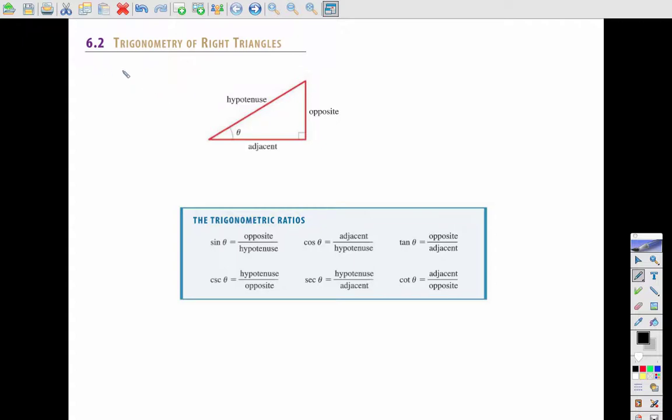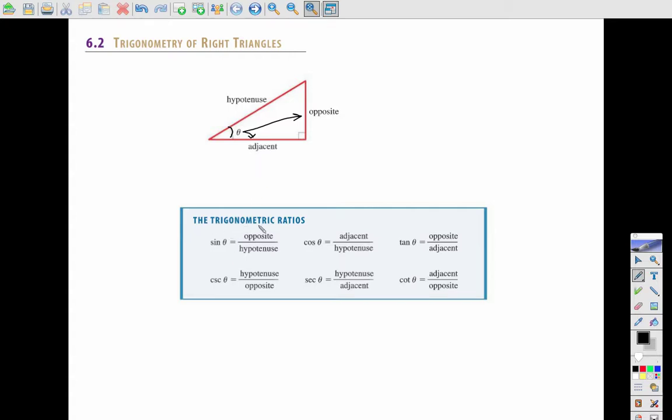Section 6.2 is the trigonometry of right triangles. Okay, so here is our basic right triangle, right angle marked here, and then this angle is defined as theta. We have the hypotenuse of the triangle, and then the other two sides are marked in terms of theta. So this is the side that's opposite the angle theta, and then this is the side that is adjacent to the angle theta. Okay, and based on this angle theta, and this side being the hypotenuse, this side being the opposite, and this side being the adjacent,